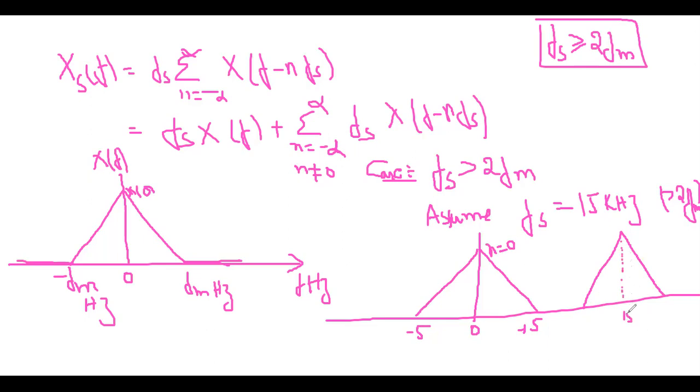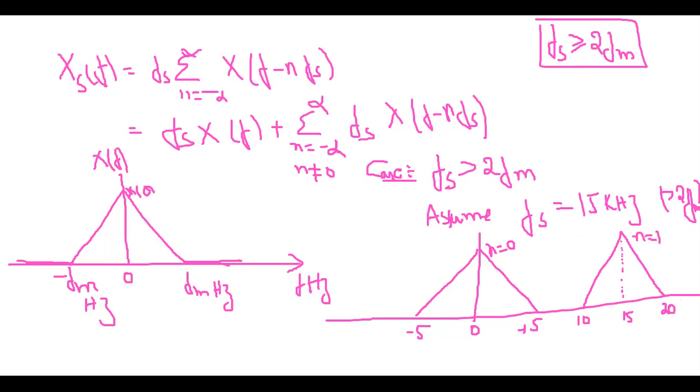Before that, see the 0, minus 5 and plus 5. Subtracting 5 from 15 here gives 10, and adding 5 here gives 20. Okay, my dear students, so at n equal to 1